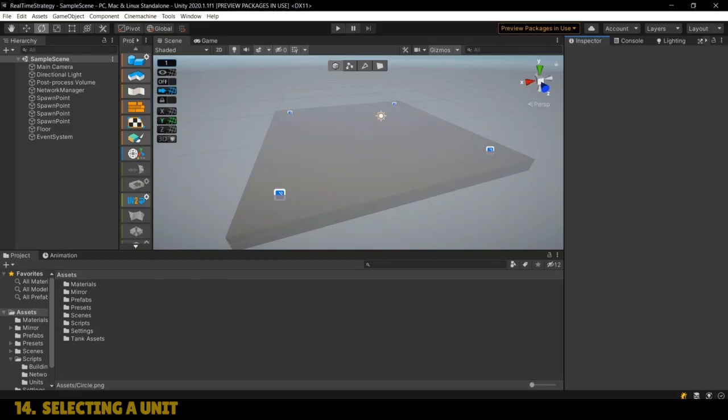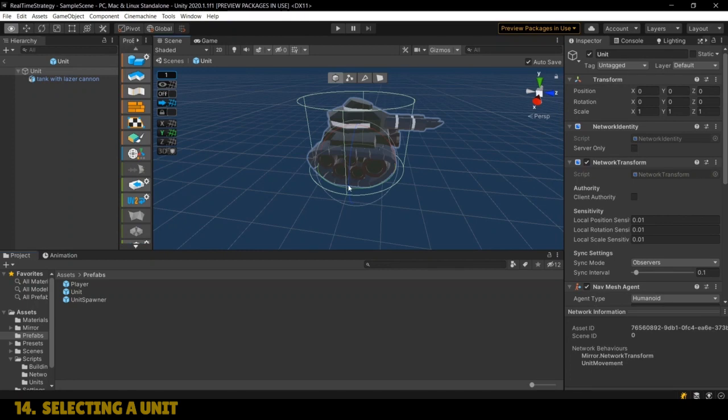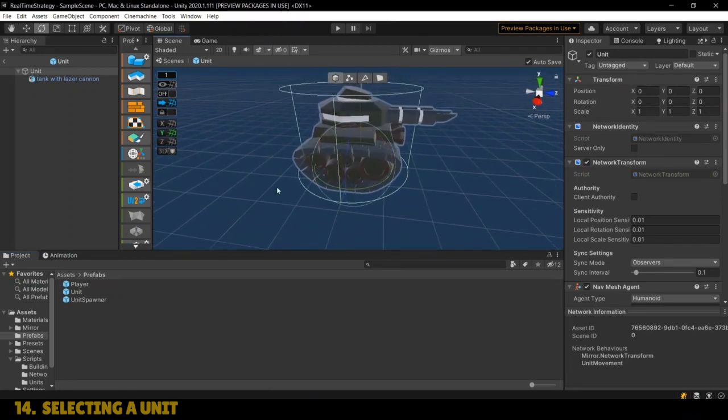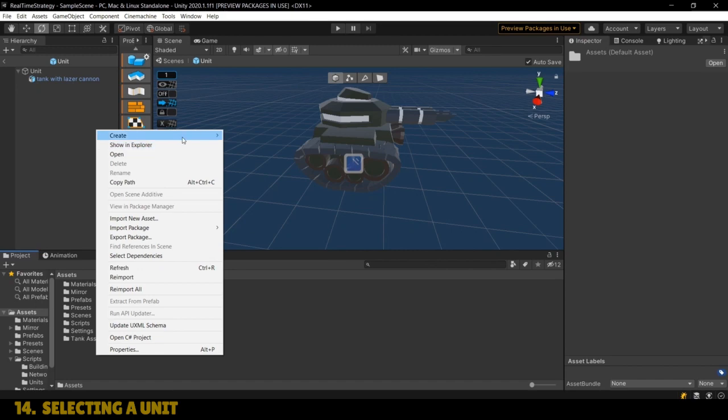Let's get started. So with unit selection, we'll probably want a way as a client to have some visual feedback to see that we have selected a unit. So let's start there. Let's head over to our prefabs where we have our unit. And for now, what I want to do to show that a unit is selected is enable a little green circle underneath the player. And there's many different ways you can do this, but a really simple way that'll work for us is to create a